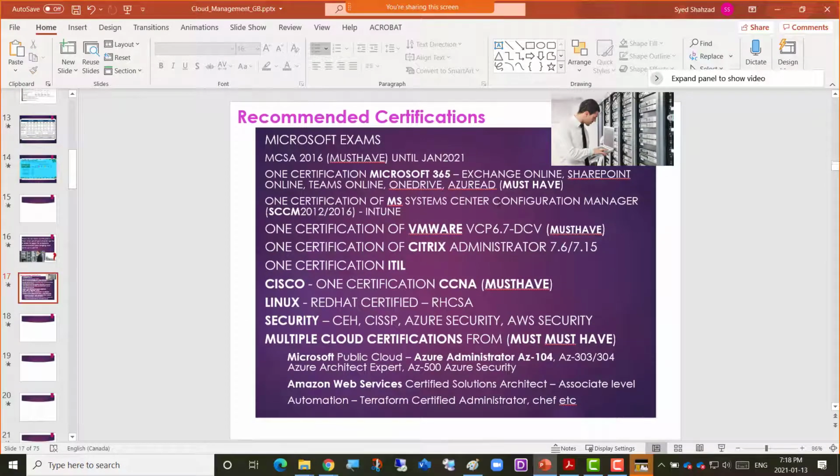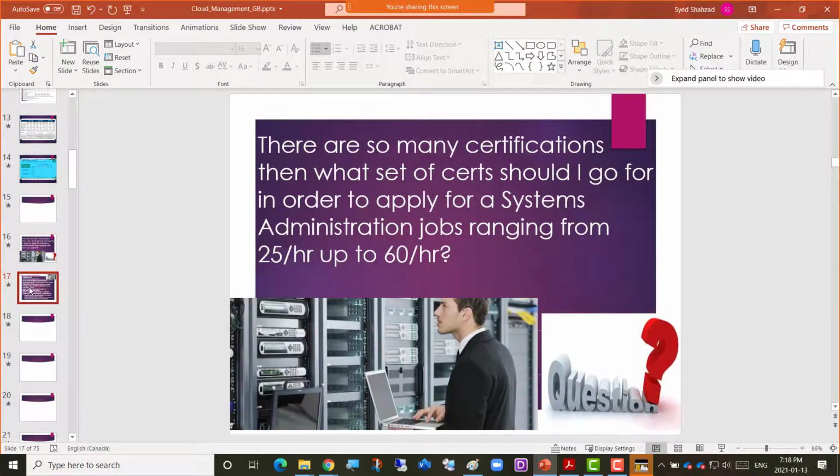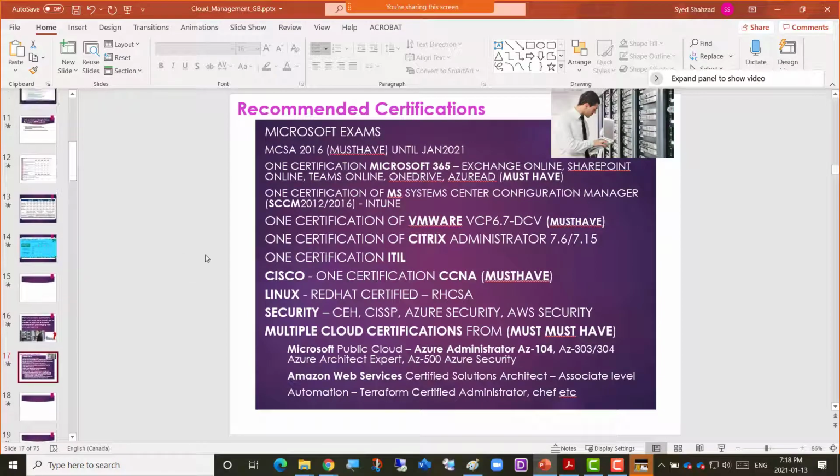The certifications that are recommended: the must-have certification used to be MCSA 2016, which is about to expire this January 31. After that, the Azure Administrator certifications will be valid. But knowing about operating systems is a very important thing, right?